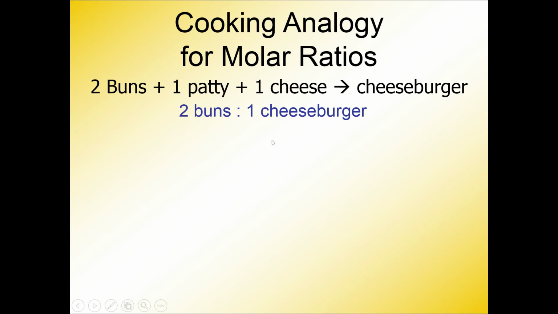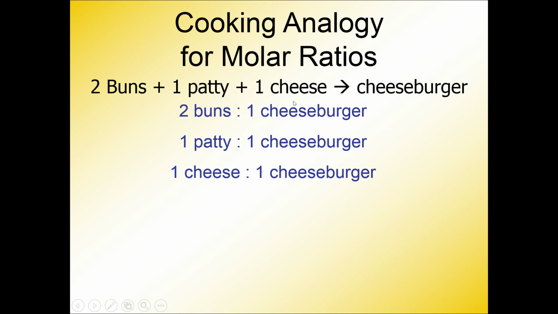I need 2 buns for every 1 cheeseburger, and this is a pretty common symbol for ratios. I can write a ratio between patties and cheeseburgers by saying I need 1 patty for every 1 cheeseburger. I can also write this ratio between cheese and cheeseburgers, and not only can I write a ratio between something on the left side of the equation versus something on the right side of the equation, but I can write a ratio between any 2 ingredients on the left side of the equation only, like so, 2 buns for every